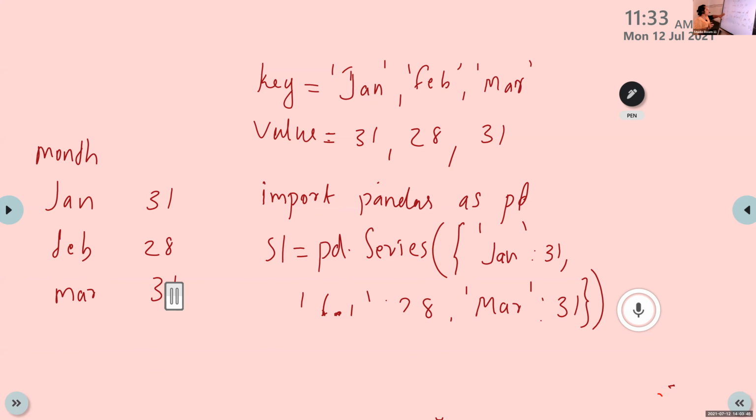But the name of the value is not appearing here. It just appears as the next row, that is days, along with dtype int64. This is the output representation.